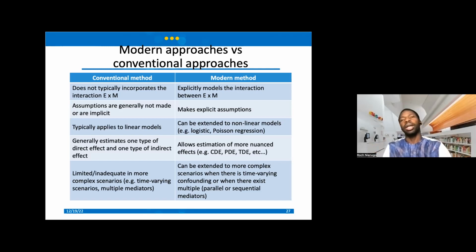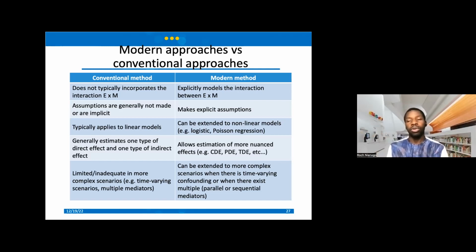Another important thing about modern approaches is that they allow you to ask very nuanced and refined questions that may not have been answerable otherwise, right? The conventional method may be limited or inadequate when you have complex scenarios like time-varying scenarios, for example, when you have a confounder of the mediator-outcome relationship that is also a mediator of the exposure-outcome relationship.